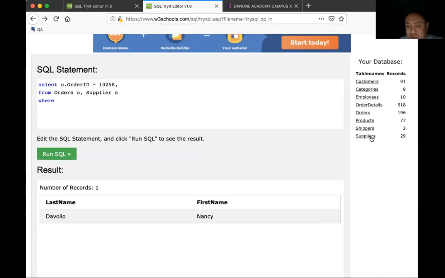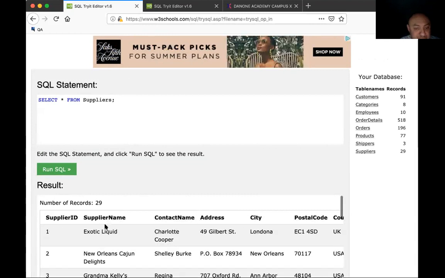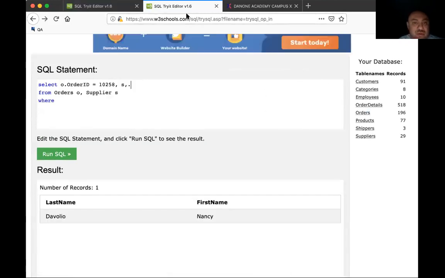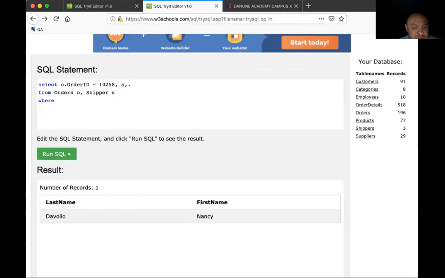So, suppliers. S dot, let's take a look. I need suppliers. Shippers, right? Or suppliers? Was it shipper or was it supplier? It was a shipper, I believe. Let me take a look. It was the last one. It was a shipper. Shipper, S. And if I look at the shippers table, the shipper name is what we wanted to know. Shippers, S